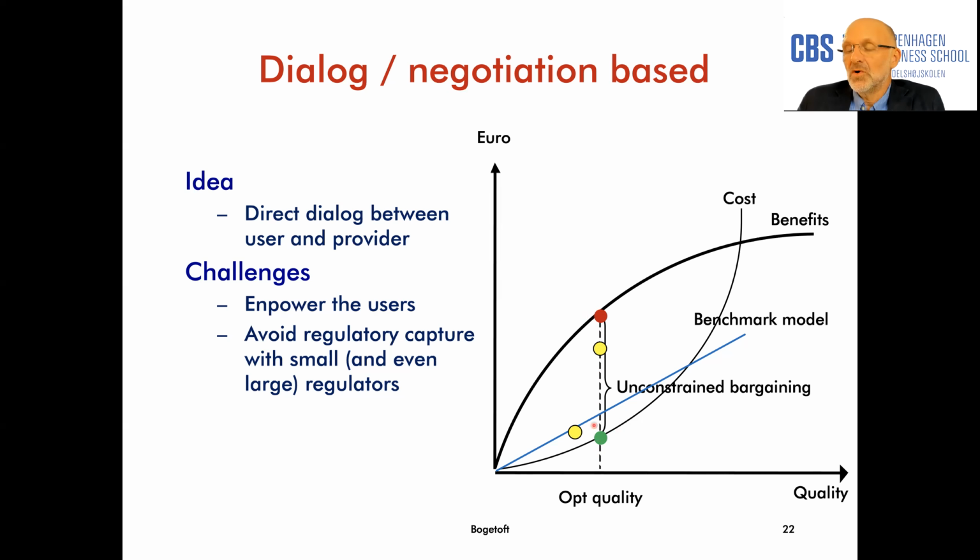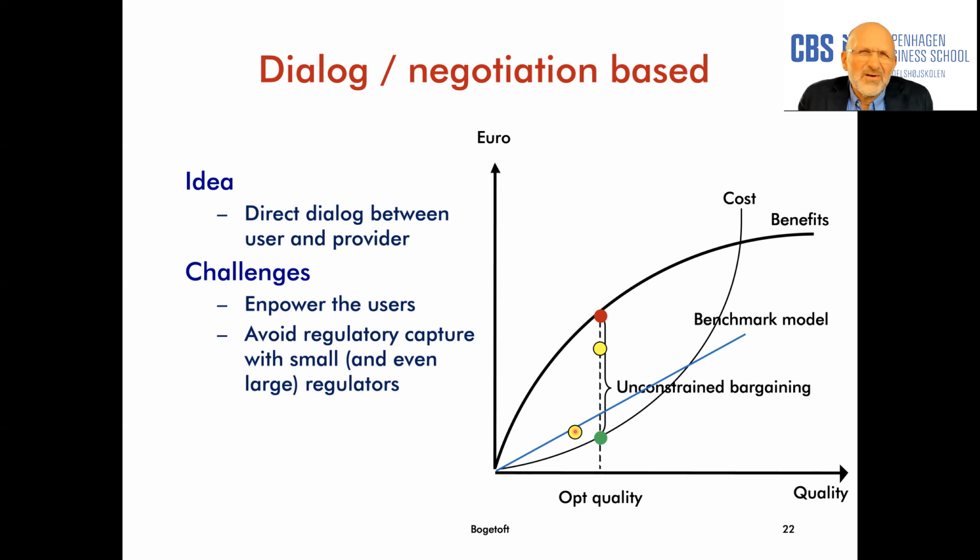Now, one of the things you could do as a regulator is to put some constraints on where you're allowed to bargain. You could say, for example, that you should never be able to be paid more than this blue line here, and that means that they're going to negotiate between this green bullet here and this blue one up here, and then one can put this into a bargaining model, and one can show that then they will definitely undersupply the quality. They're going to move to a quality level a little bit further down, and then maybe they're going to locate themselves at this very line.